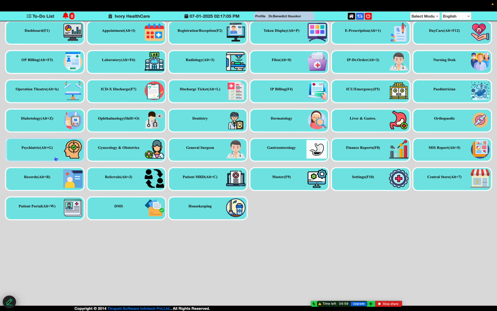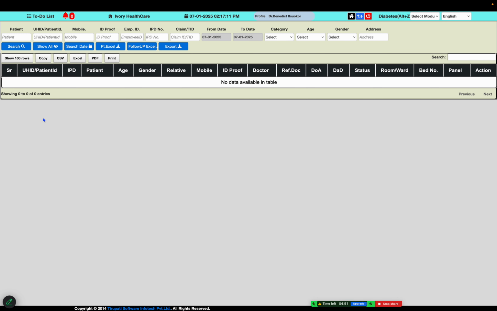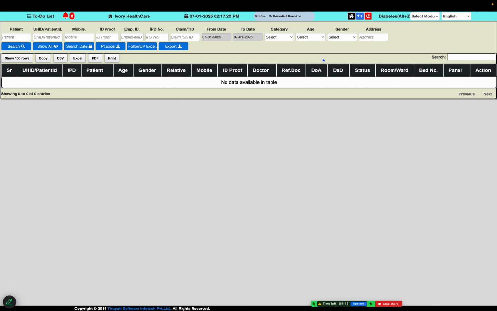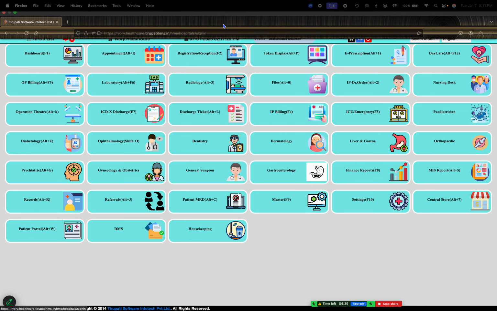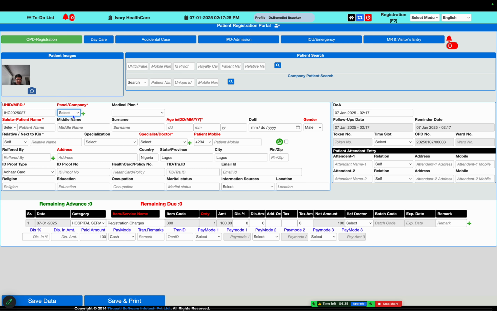Yes, there are these modules. If we go to the diabetology module, there is no patient. If we register any patient under diabetology, then the diabetic doctor will be able to see the patient prescription. Let me take one module as an example to understand how it works.